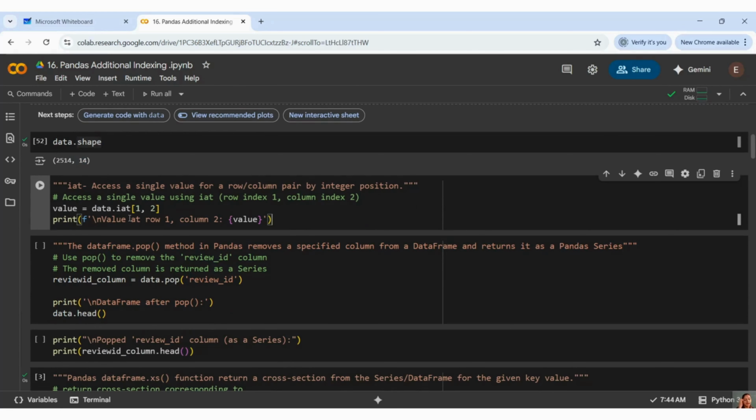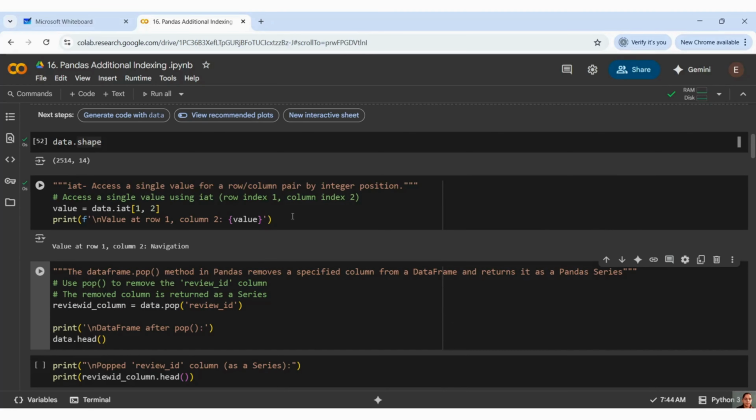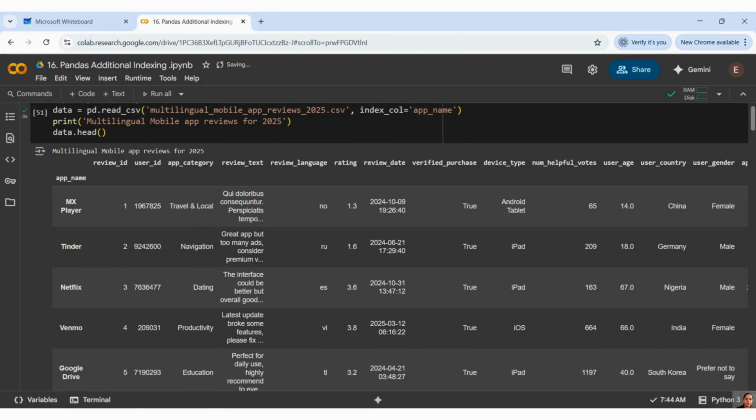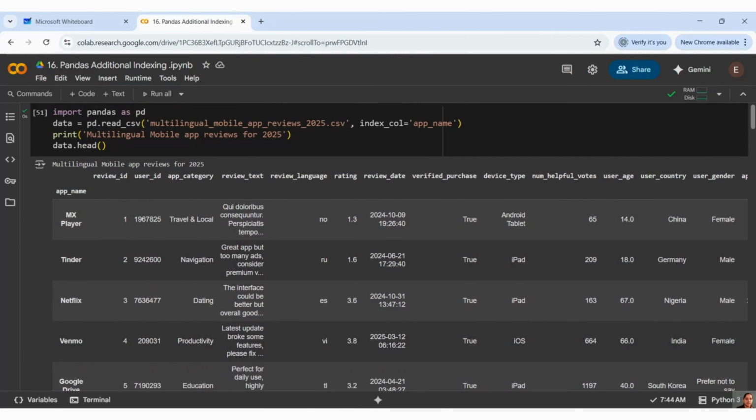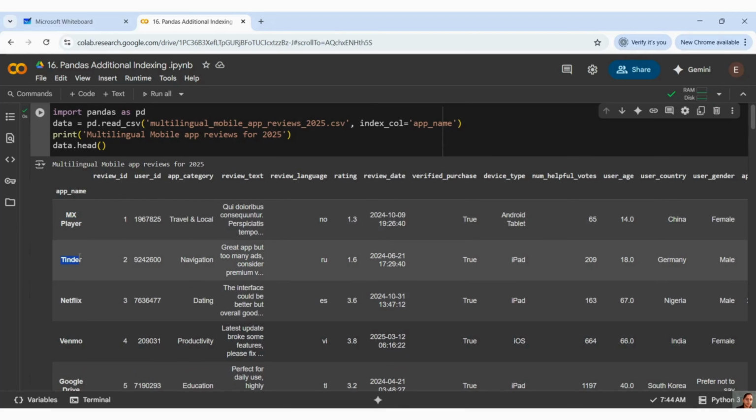Now I want to access a single value using IAT. Now let us see. So what it is saying, I have my row 1. This is 0th row, this is first row.